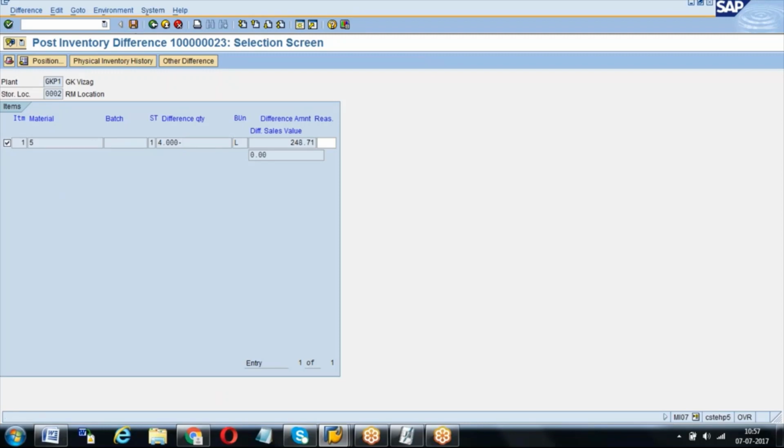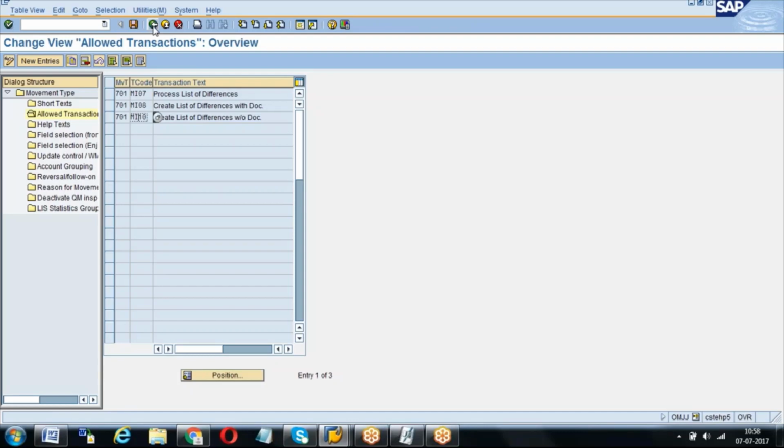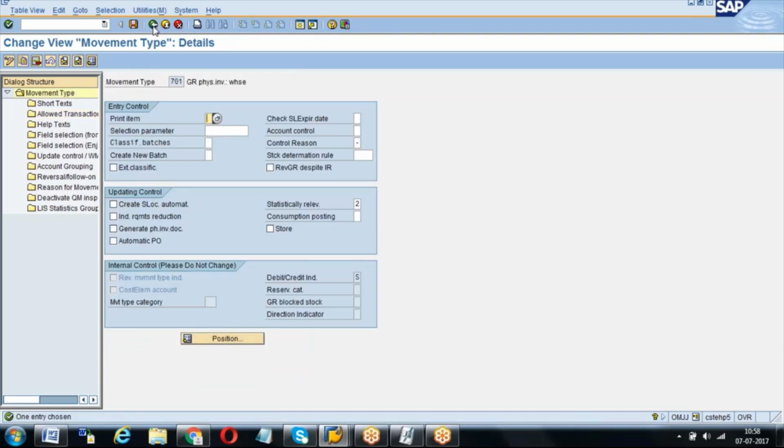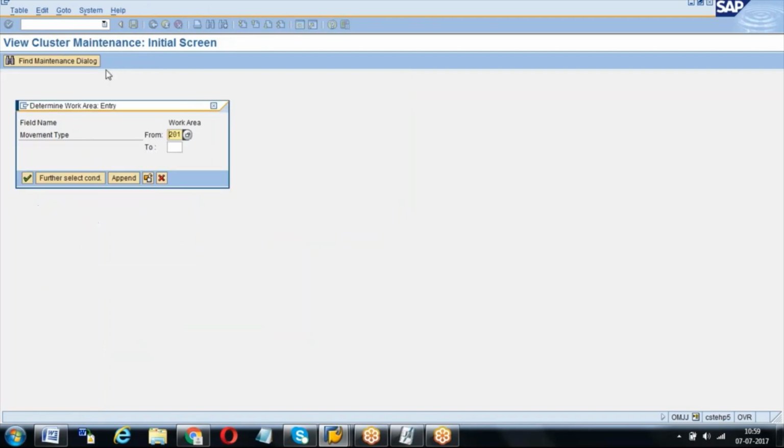See, why 701 or 702 won't be visible anywhere in your movements and all, because 701, 702 we don't post manually. Using the OMJJ transaction code like this, you can look at 701 to 702.